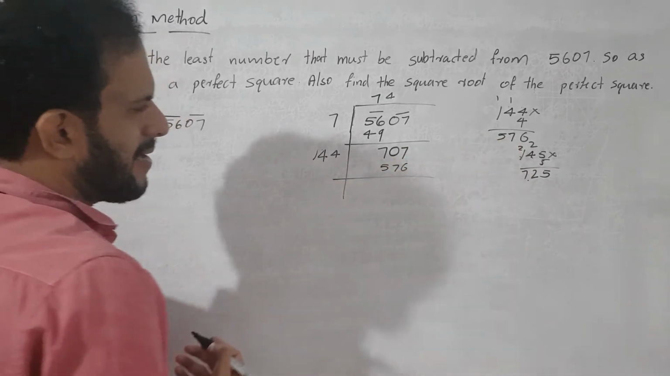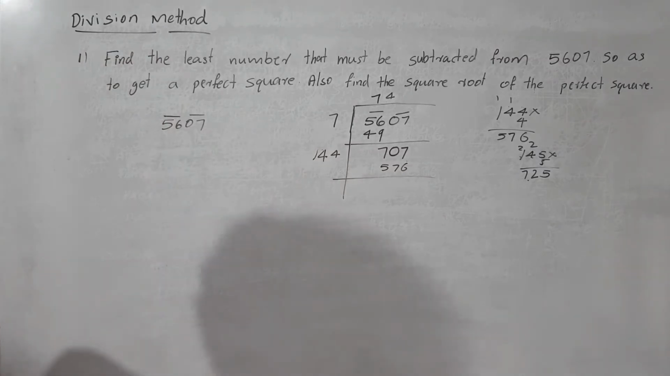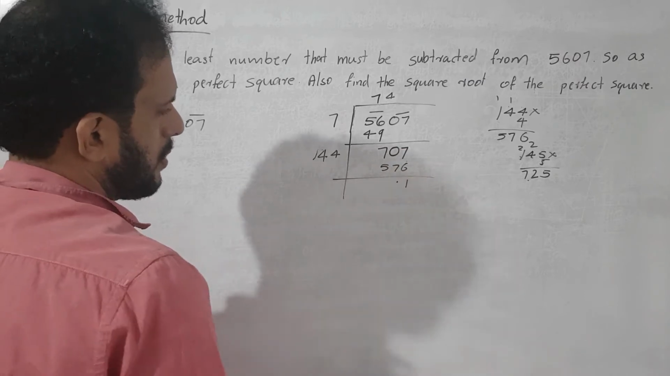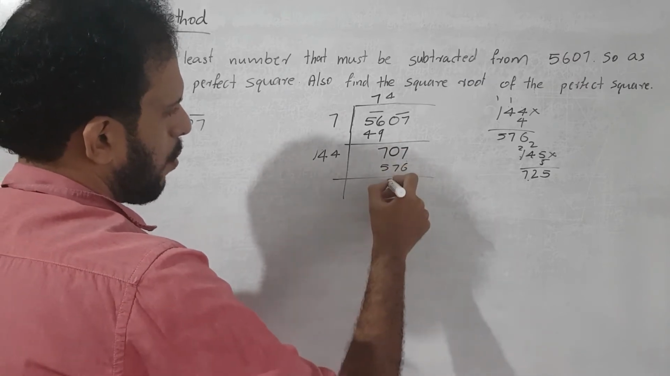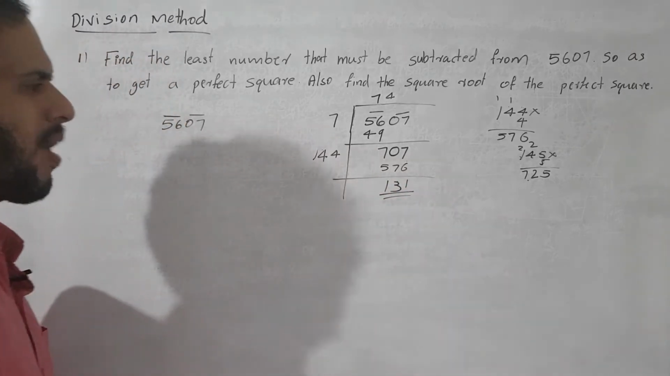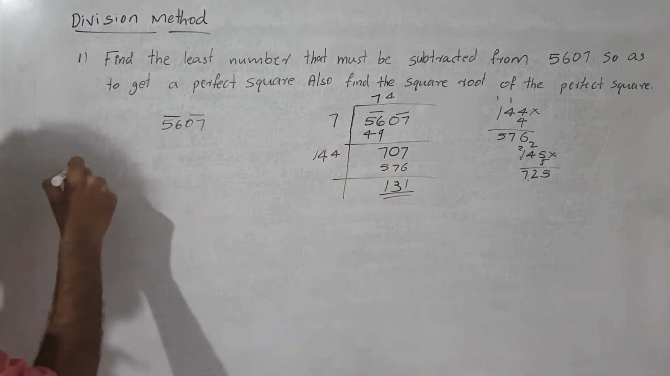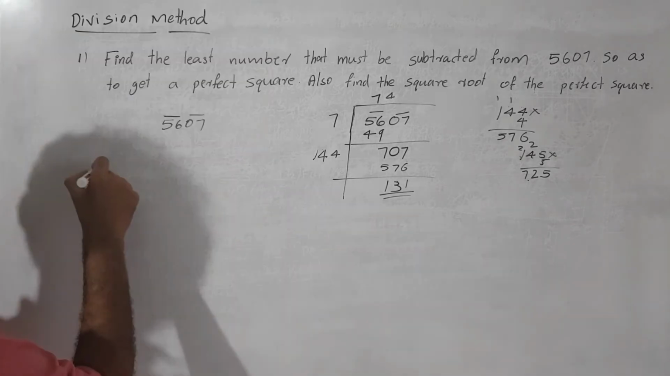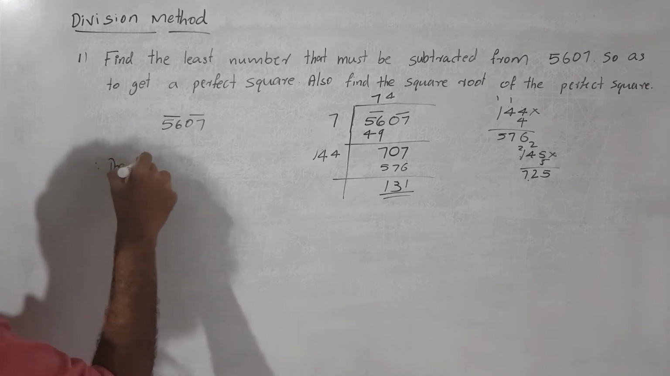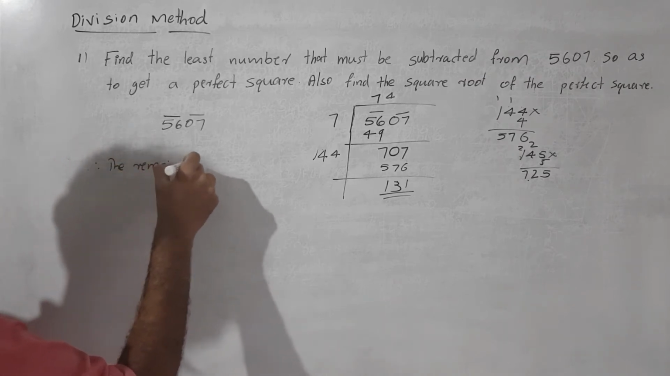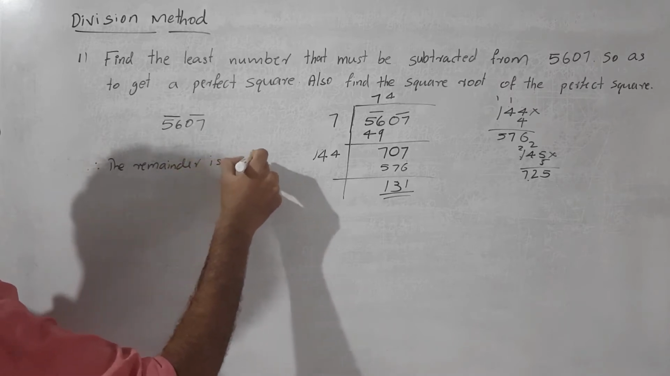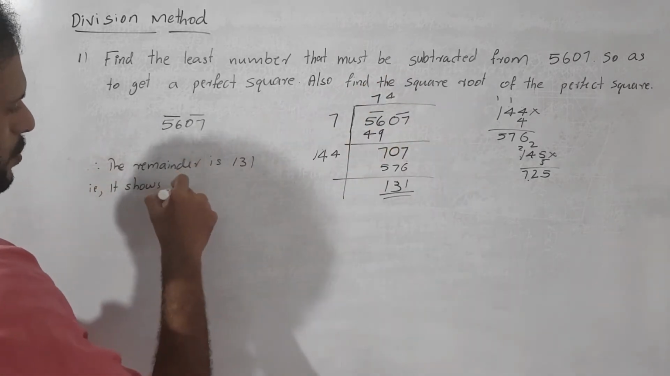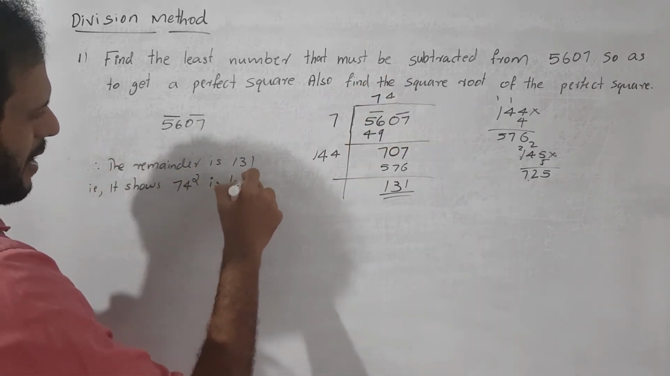The next, as usual, we just subtract, okay? Then we subtract, what do we get, yes, 1, then 3, yes, 1, then we get the remainder here 131. So we write 607. Therefore the remainder is 131. That shows 74 square is less than